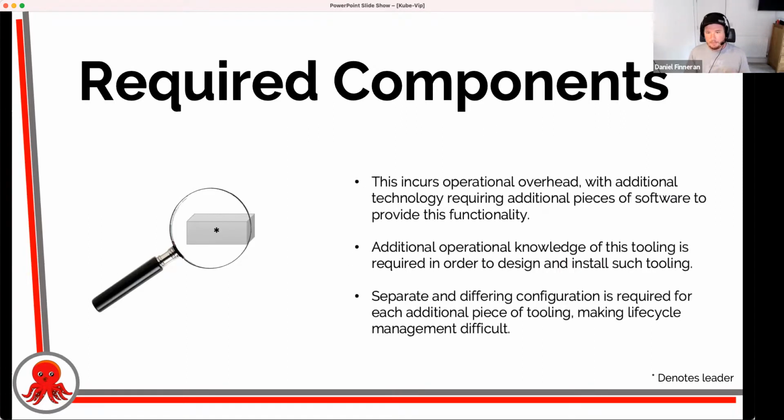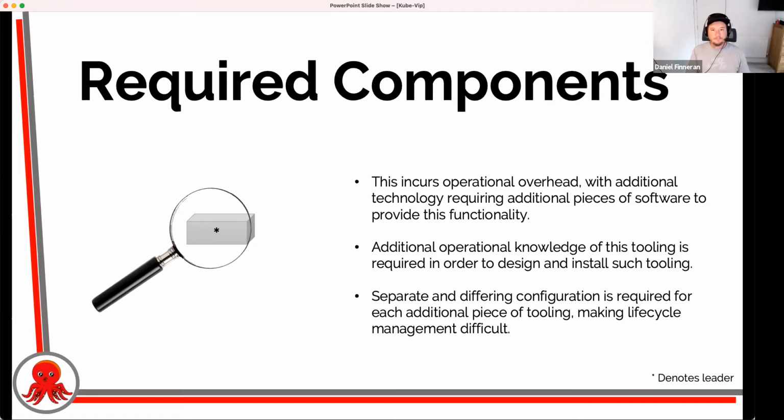You can do this today, or you could do it then, sorry, but you needed a number of tools in order to do that. You could use things like Keepalived and HAProxy and Nginx. The problem that I really had there was that they did not fit very well into the Cluster API model. You had three sets of configs to manage. We had a VIP technology, we had a load balancing technology, and then we had the management of Kubernetes and the control plane.